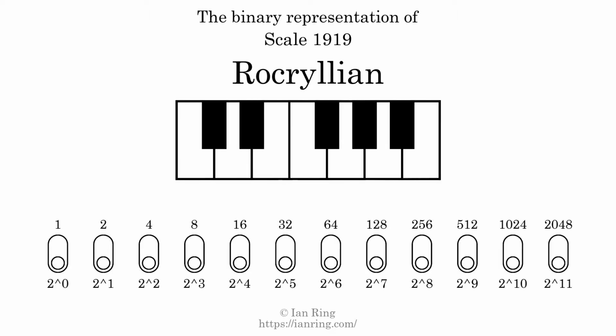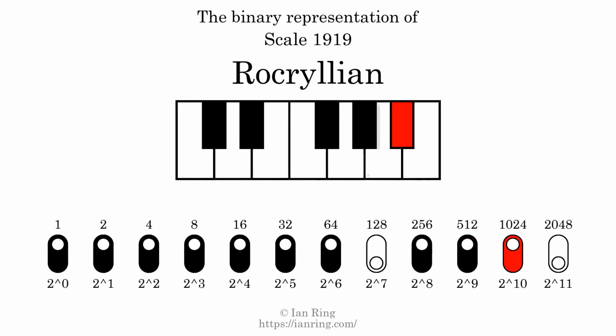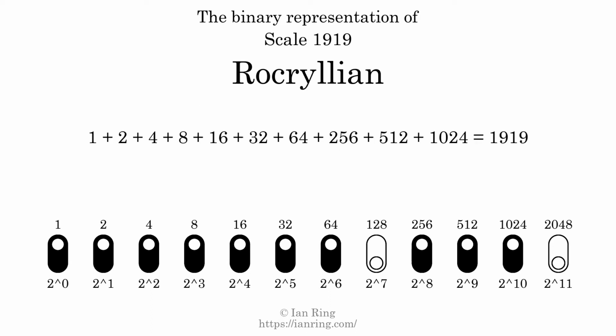The binary representation of this scale is determined by mapping tones of the scale to binary digits. Each binary digit represents a power of 2. To get the scale number, we add the powers of 2 together. The powers of 2 that are present in the scale, all added together, equals 1919. That is why the scale number, in decimal, is